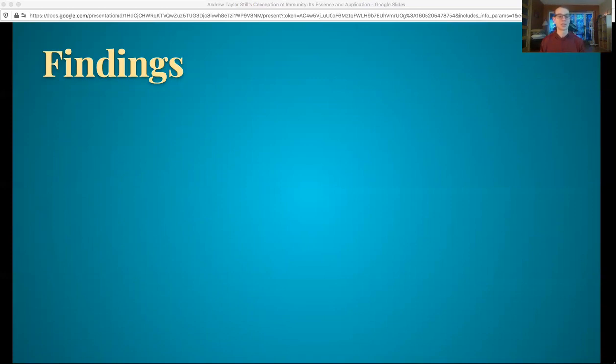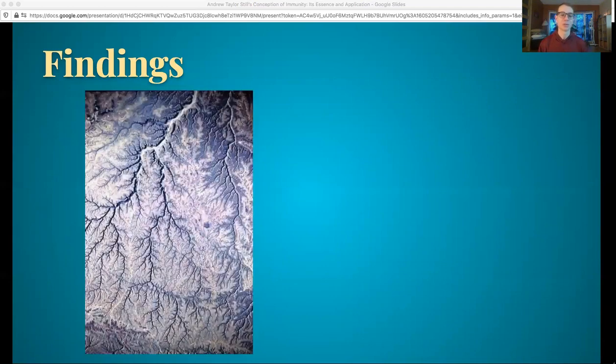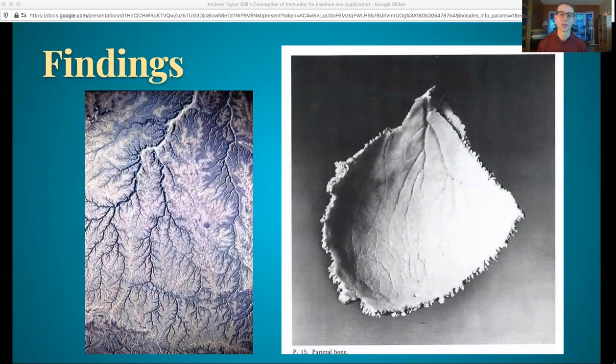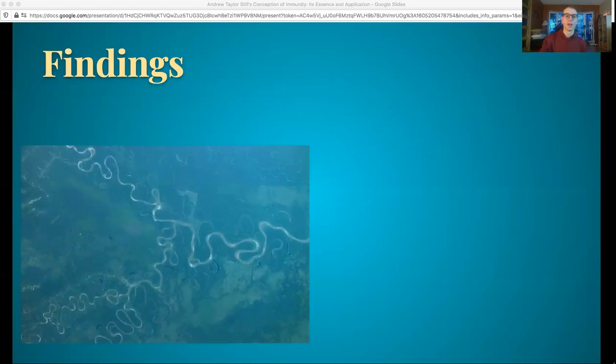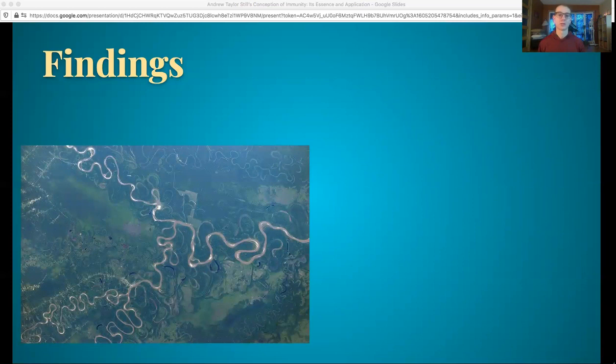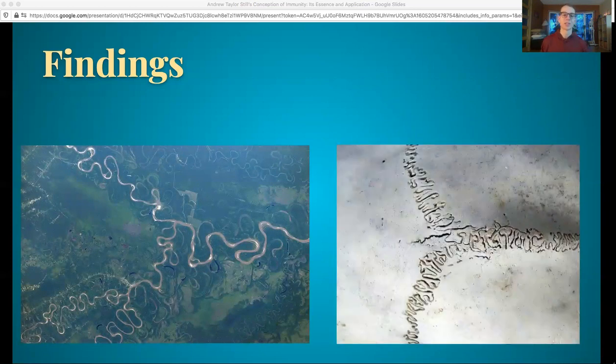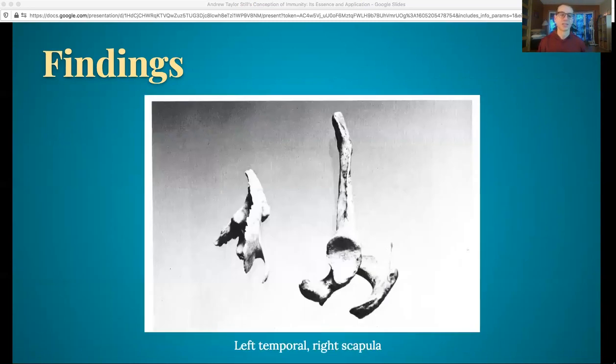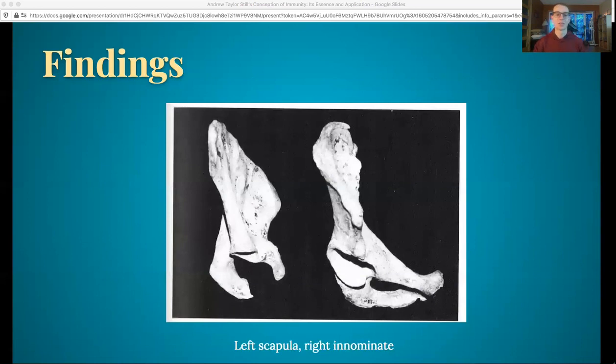So let's jump straight into some Stillian observation and pattern recognition in the world at large. Here is a satellite photo of a mountain range and its associated waterways. Here is the internal surface of a right parietal bone. This is an aerial photograph of a confluence in a river system, and this is the lambda of a human skull. This is the left temporal and right scapula from the same individual, and this is their left scapula and